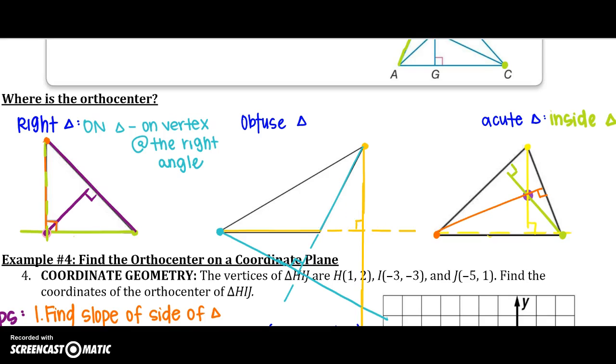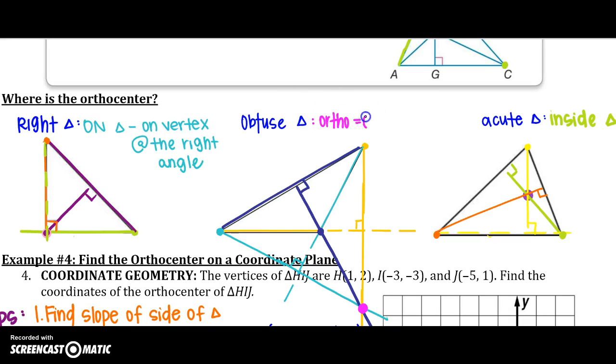line, another altitude, and last, I need to go from that vertex to the opposite side over here. It's going to be perpendicular, and if you are super accurate, sometimes I get off a little bit, so I have to go back and check myself. If you are super accurate, notice that all three of those lines actually come to a point out here of our orthocenter. So in an obtuse triangle, my orthocenter